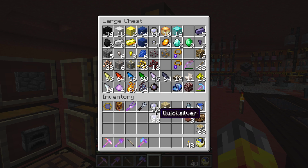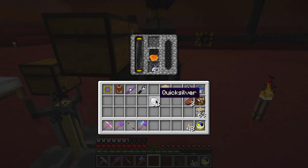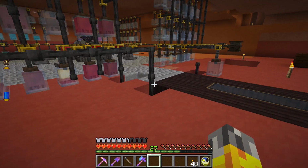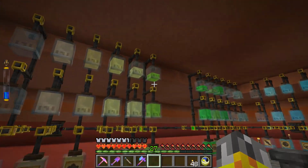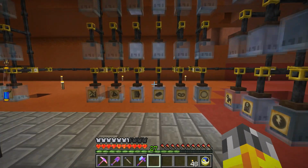I think we'll just do 32. Yeah, that's what I'm thinking we'll do. So let's put you guys in here, and then stick this in here. I think we're not filled up on Wenenum. Wenenum? No. So we will be able to put the Wenenum away, but the Matal Room, and we have got